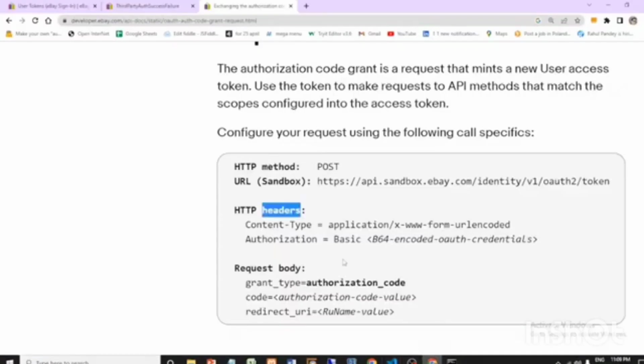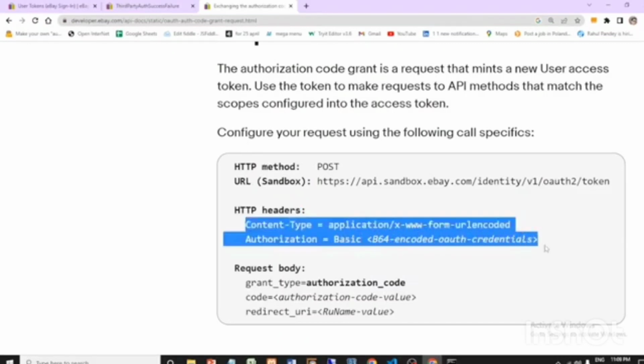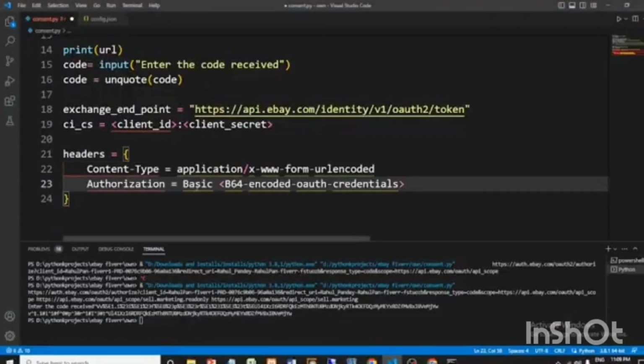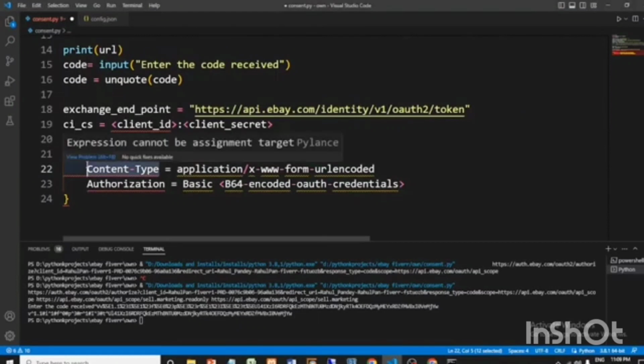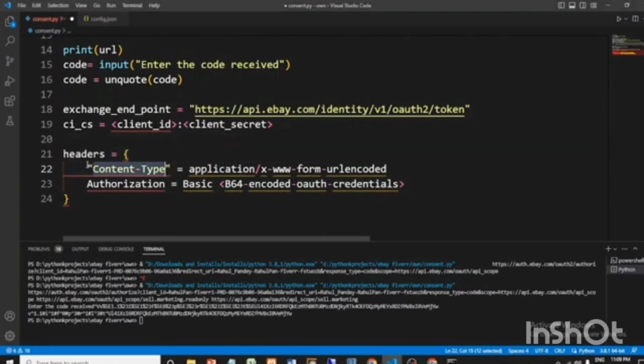What are the parameters in the header? Content type and authorization. So it is pretty much JSON like, so we need to do this and give the equal sign and change it into this. The application x-www-form-urlencoded. Okay. The authorization